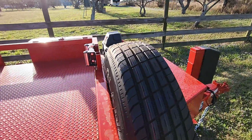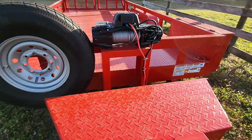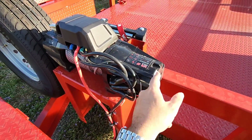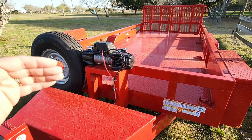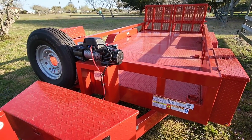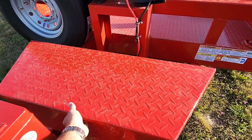So this is their really nice, I think it's their VR series. Yep, this is their VR 8000 series Evo winch. So if I'm pulling something up the back ramps, I have the ability to do it a lot easier with the winch mounted up front. Inside of here,